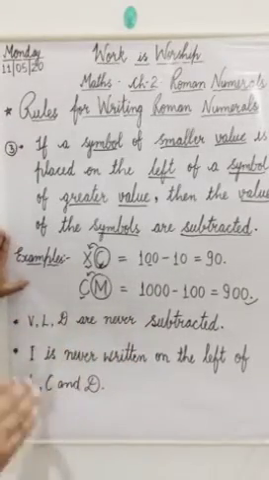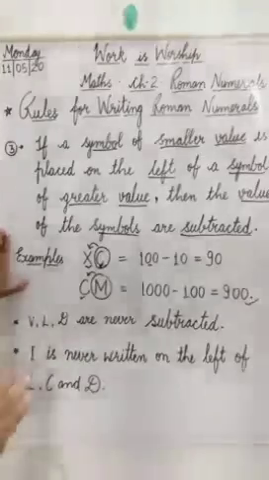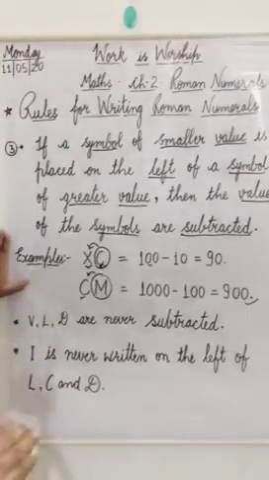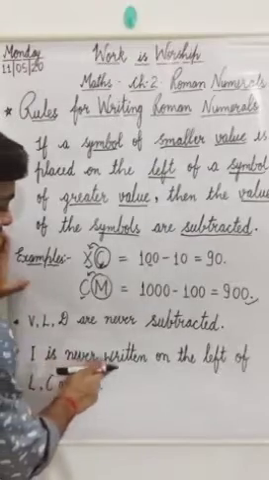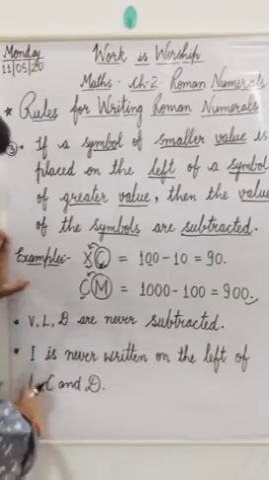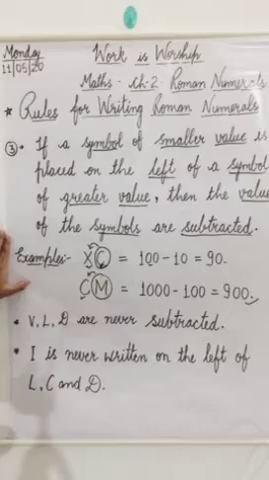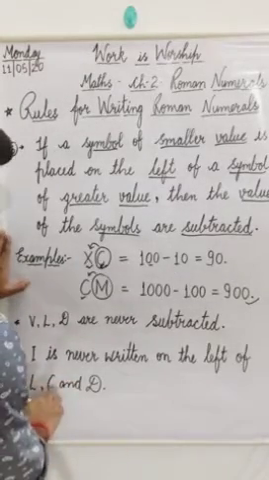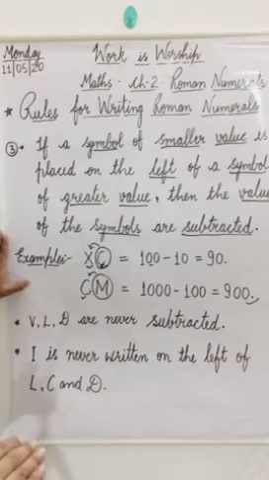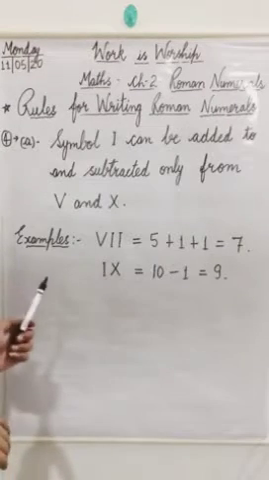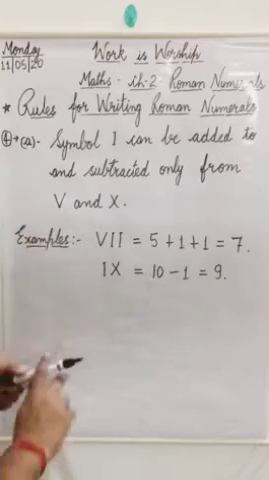V, L और D जो सिंबल्स हैं ये कभी भी किसी वैल्यू के साथ सब्ट्रैक्ट नहीं किए जाते हैं. And the second point is I is never written on the left of L, C and D. I जो कि हमारा सिंबल 1 के लिए होता है वो कभी भी L, C और D के लेफ्ट साइड में नहीं लिखा जाता. OK students, now come to the rule number 4 which is divided into some sections, and